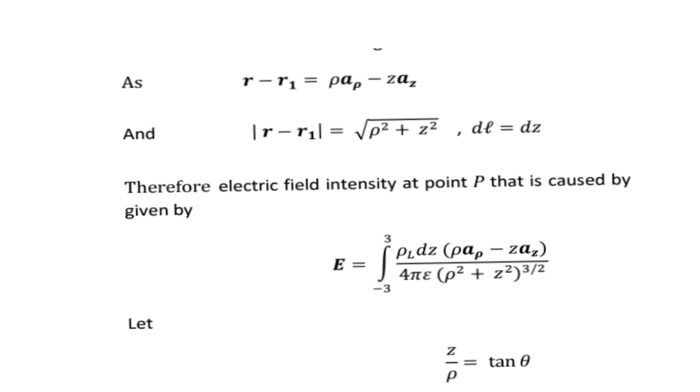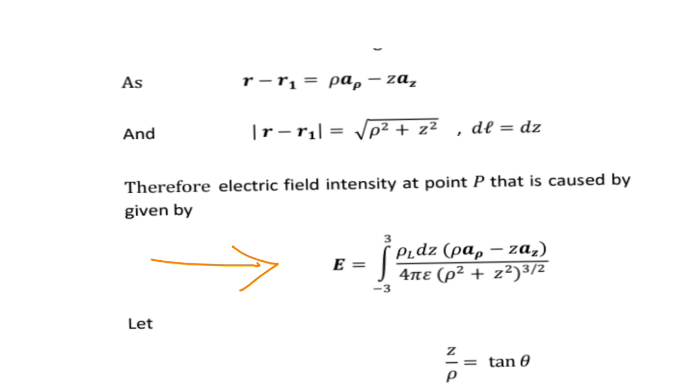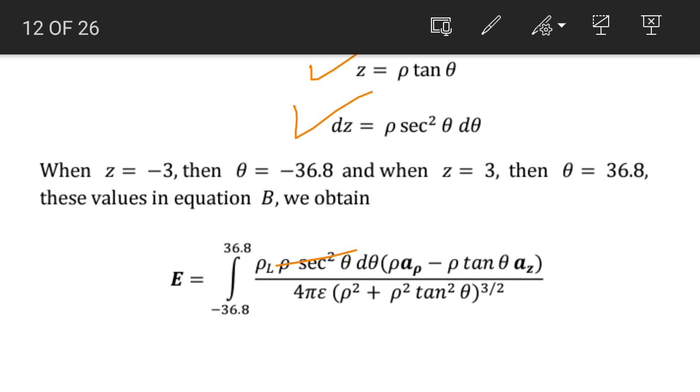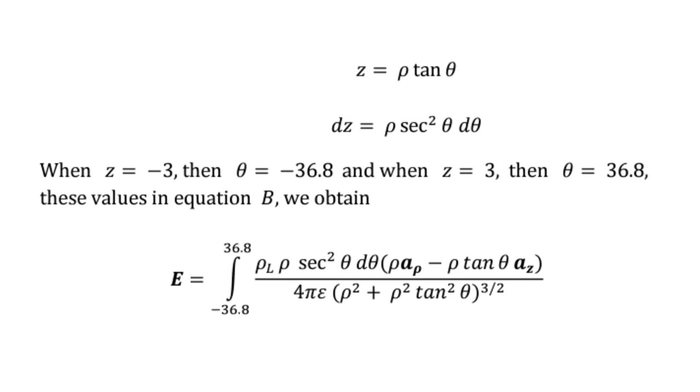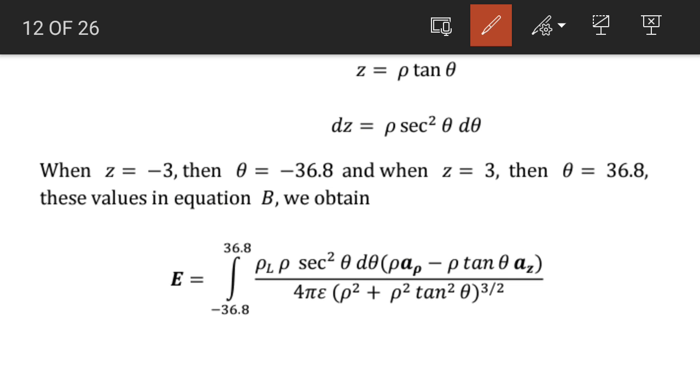We put the value of z and dz in this particular equation. The new variable will be theta, and you see the angle is changing from minus 36.8 to 36.8. So we put the values over here in this particular equation. So we have rho L,